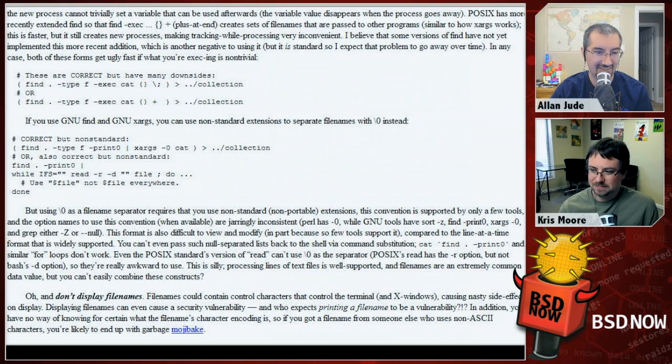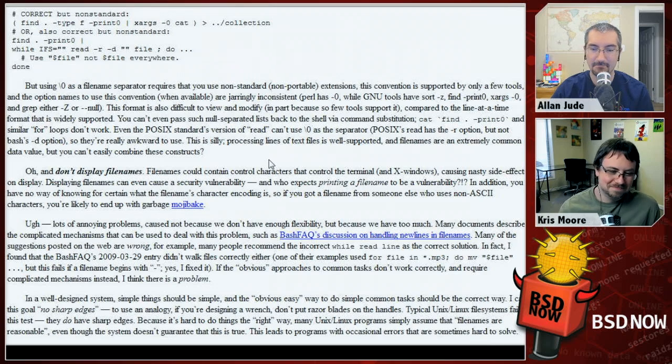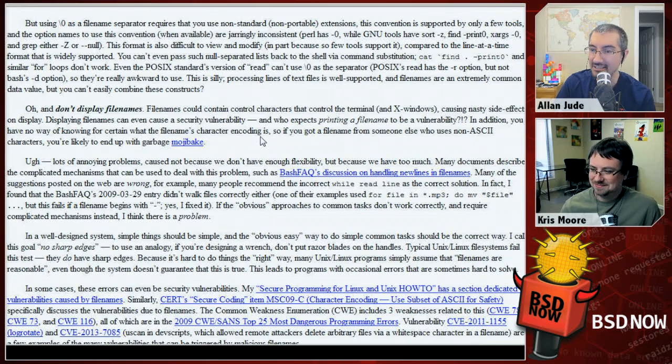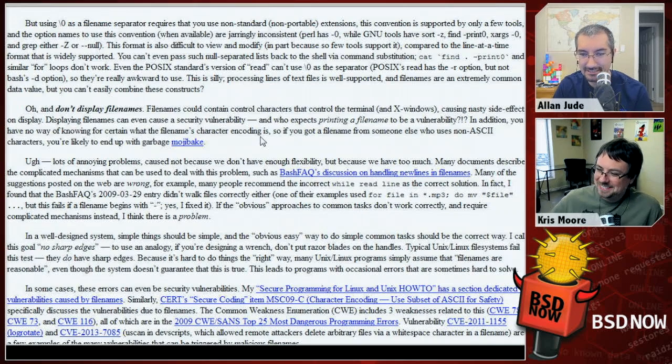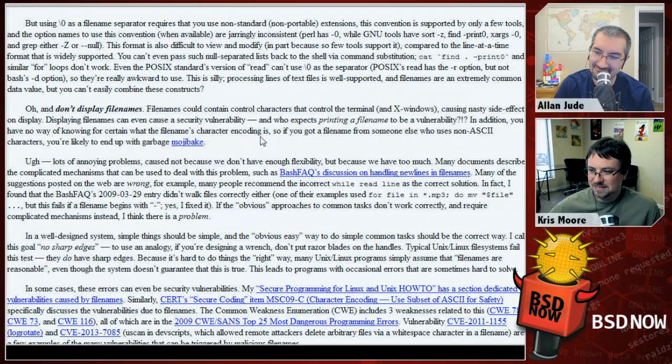And he's like, oh, and don't try to display any file names. File names can contain control characters that control the terminal or X windows, causing nasty side effects on display. Displaying a file name can even cause a security vulnerability. And who expects that printing a file name could be a vulnerability? In addition, you could have no knowledge of certain files' character encoding, which could result in what they call a mojibake,